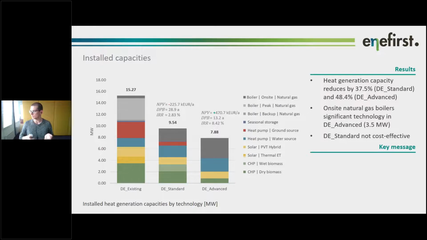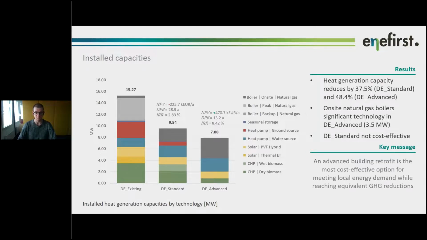This is because building retrofits are characterized by a very large fixed cost component, and regardless of whether you attach 10 or 15 centimeters of insulation, you're still going to have these fixed costs in every case, which is taken into account in these calculations, and which surprisingly supports the idea that deep retrofits are actually a very attractive thing to pursue for local commercial areas.